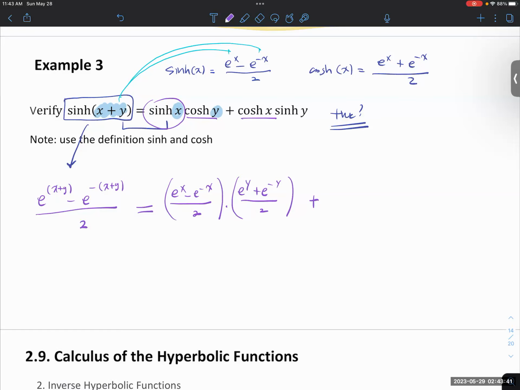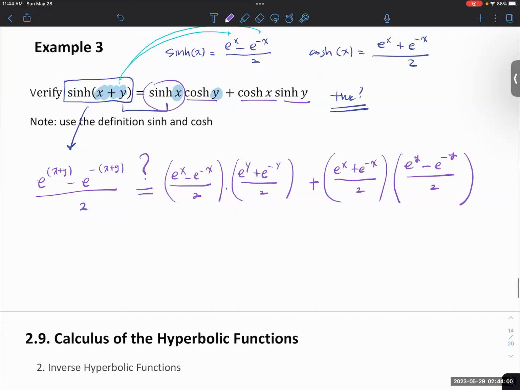What is cosh x? Cosh x is going to be e to the x plus e to the negative x over 2. Sinh y, you're going to plug in y into the sinh, e to the y minus e to the negative y over 2. So I want to prove that they're equal,